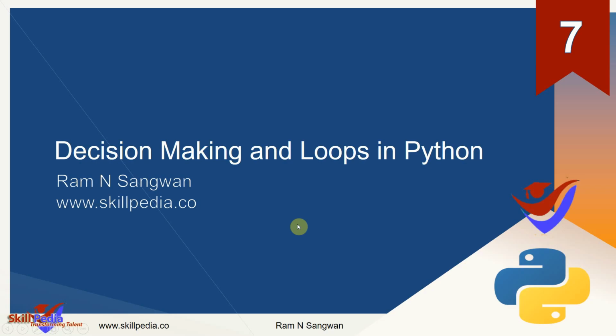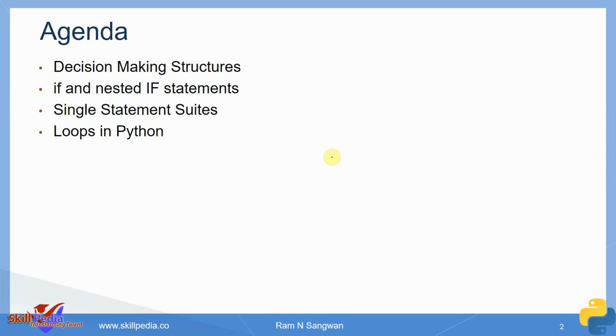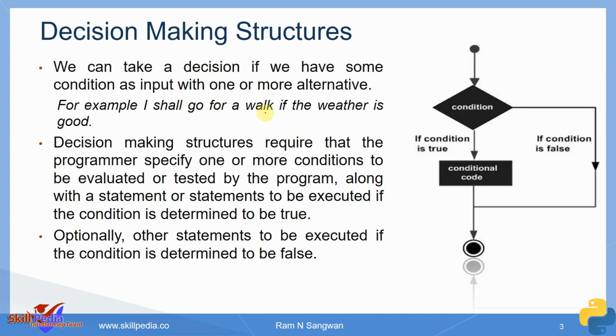Session 7, decision making and loops in Python. What we saw quickly is the demo on decision making, that is the if construct. So in this session we'll understand decision making and loops, both parts. Decision making structures, that is if and nested if statements, single statement switch, and loops in Python. I gave demonstration up to here, single statement switch. Let's look at